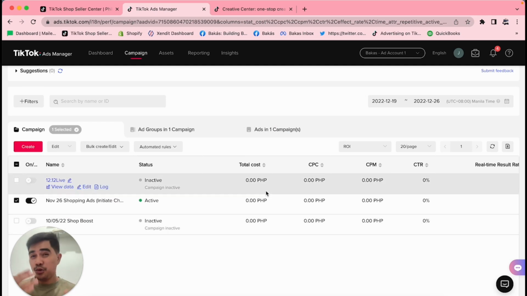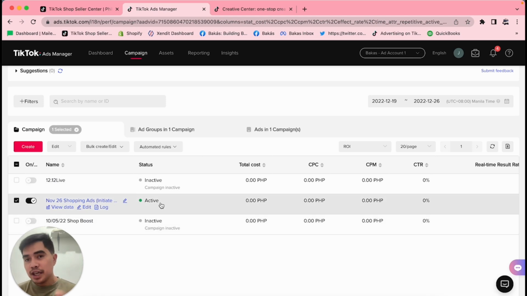Those are the metrics that you need to check from time to time, especially if we're the same, running a shop purchases campaign